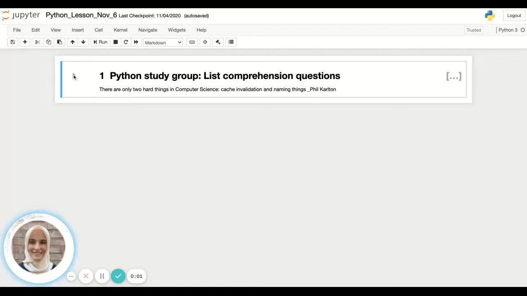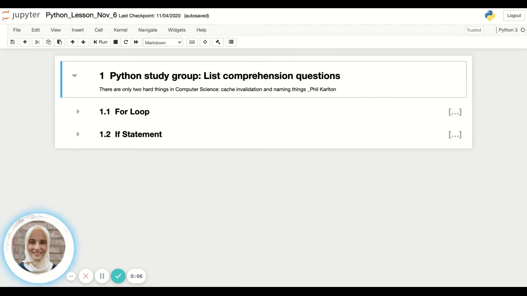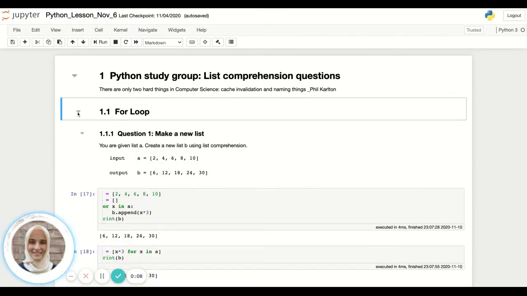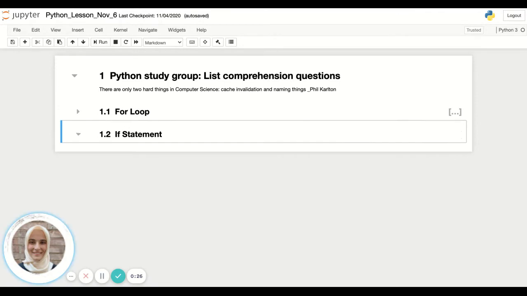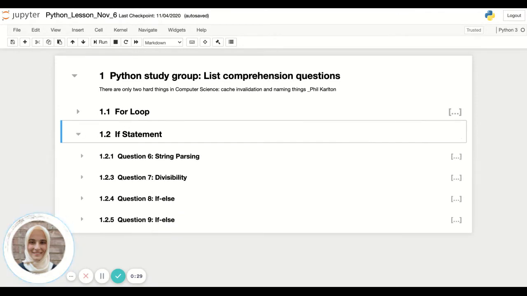We are going to continue the Python list comprehension tutorial. In the first tutorial, we solved for loop questions, where we made a new list iterating over a given list. And this was only for loop list comprehension. In the second part of the tutorial, we will do for loop list comprehension plus if statements and if else statements. Let's start these questions. The first 5 questions were for loops, and now we have questions 6,